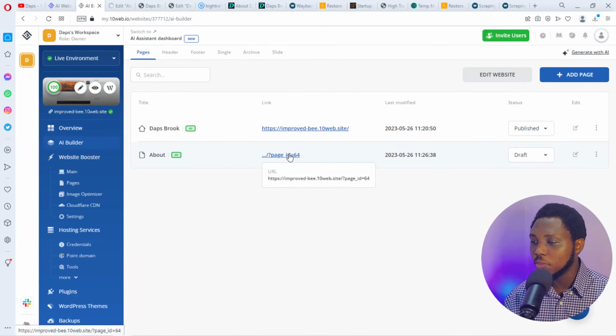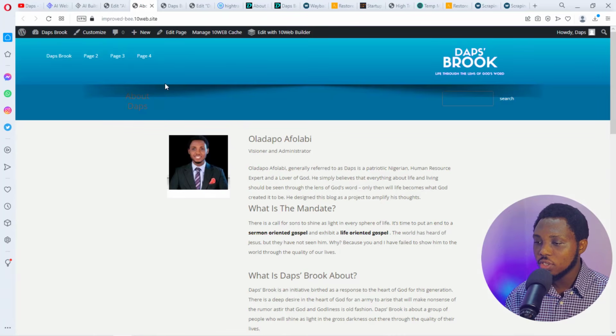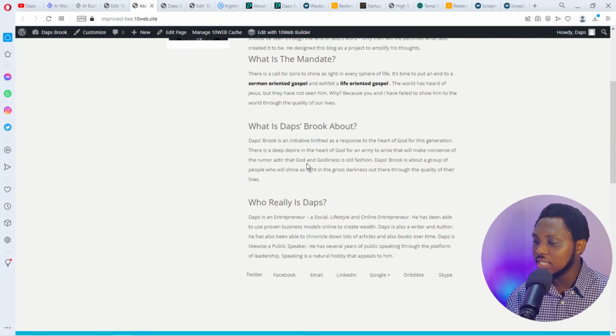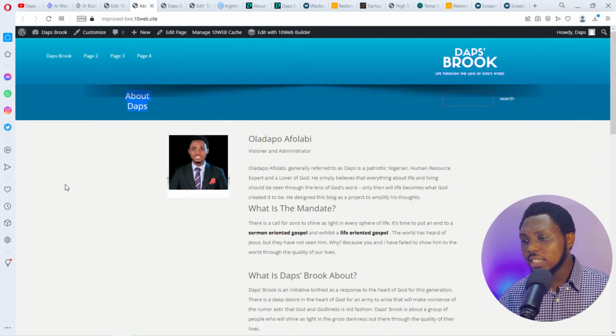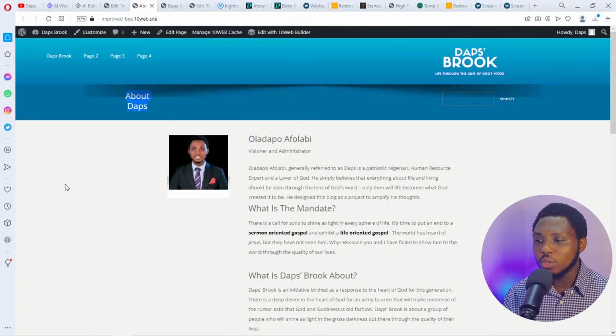So you can see we have our about page here. You can see we've not been able to set a permalink structure, so we will have to do that eventually, but let's open this in a new tab. You can see I have my about page here. Isn't this amazing? So that's it. You can see that this website is still hosted with their subdomain. Now the question is,